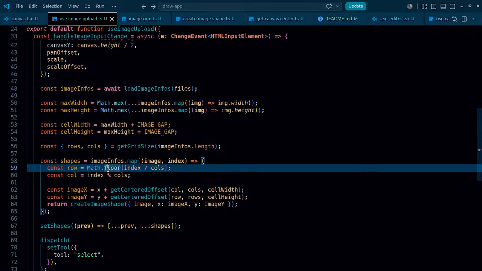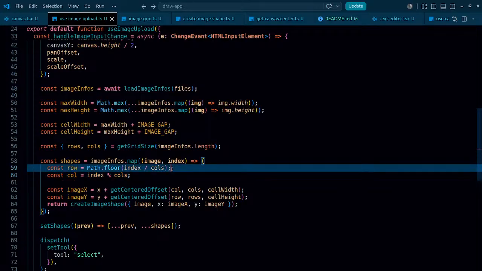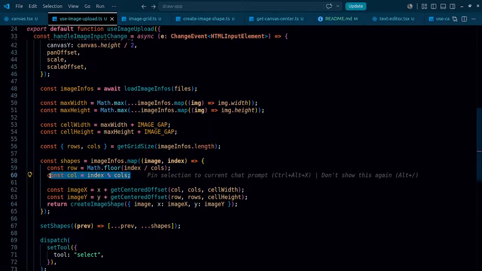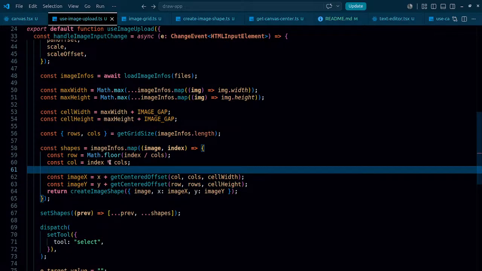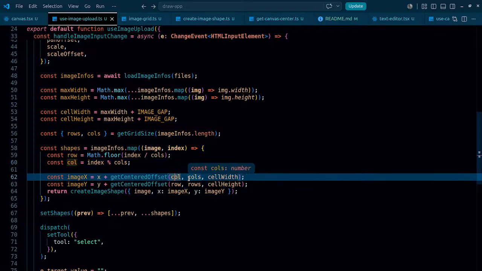So ultimately Math.floor of index and columns. Index is the number, columns is how many columns are gonna be there. By dividing I get which row it's going to be, and then by the remainder with the index I get which column it's going to be. So I'm getting the rows and columns, that's fine. After that, once it's decided, using the columns and cell width,